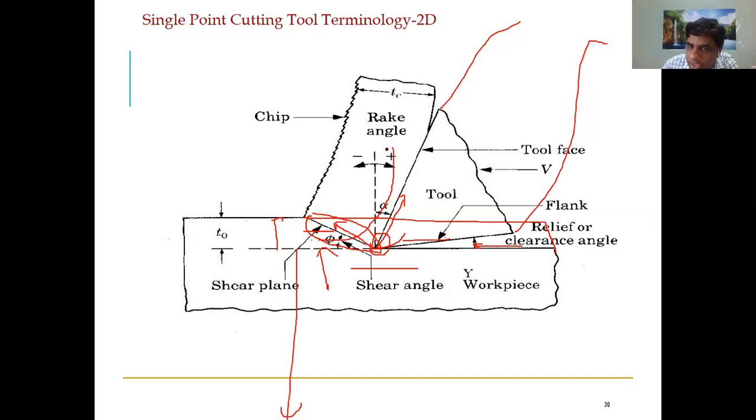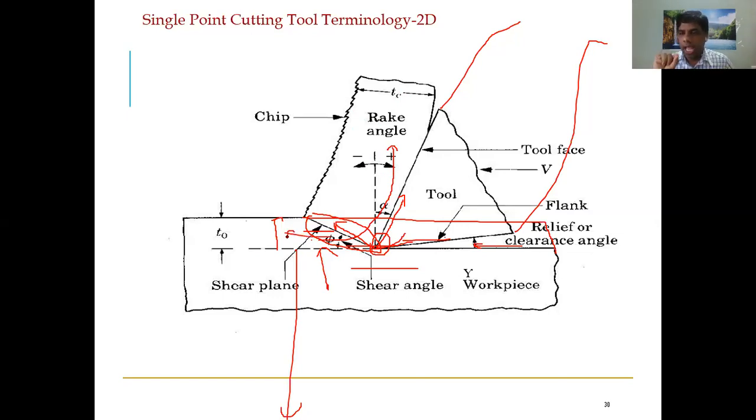So it is coming on the surface and coming out in the form of a chip. Like this, the chips are separated. As this cutting tool moves further forward, these kinds of forces are applied throughout the length of the material. As the tool moves forward, the material is coming out in the form of a chip, and finally you are going to get the chip, right? So these things are happening in cutting of the material.